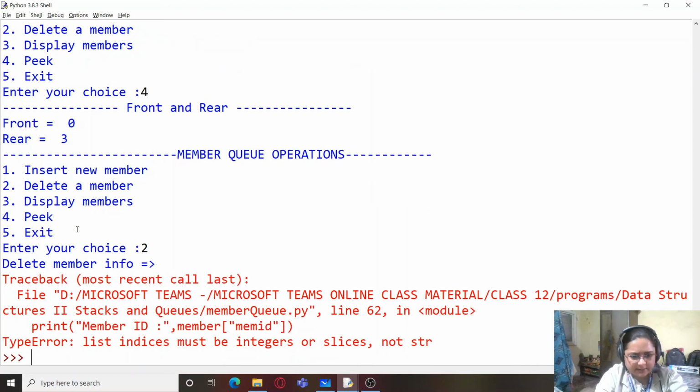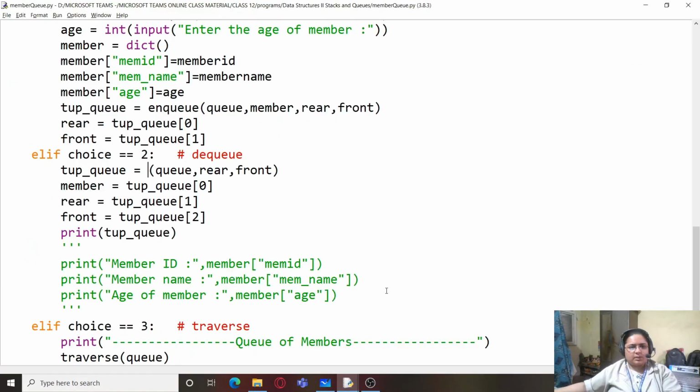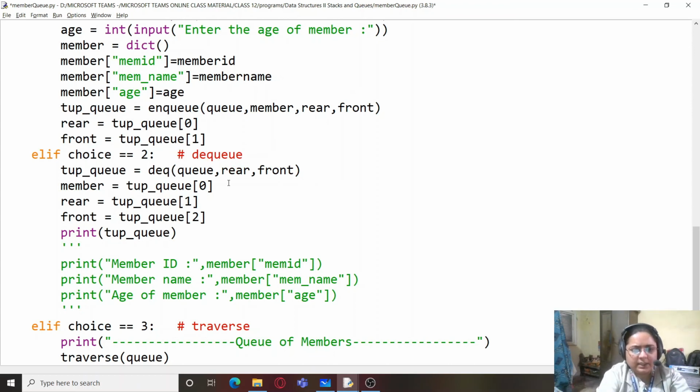There is an error, so let's check the error first. List indices must be integers or slices. So let's check what is the error. So the problem was this statement, which you can see over here. Tup_q equals, only a tuple has been created. The function has not been called.